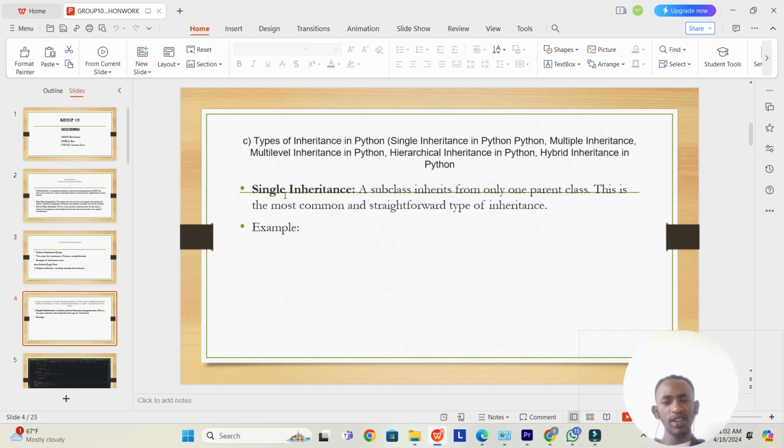Single inheritance is when a subclass inherits from only one parent class. This is the most common and straightforward type of inheritance. Here we only have one parent class. We cannot have more than one parent class. This one parent class can have many child classes, but knowing that we only have one parent class in single inheritance. Here is an example of